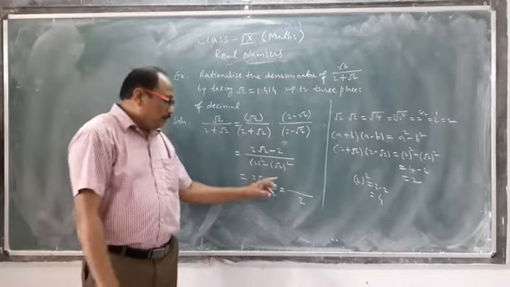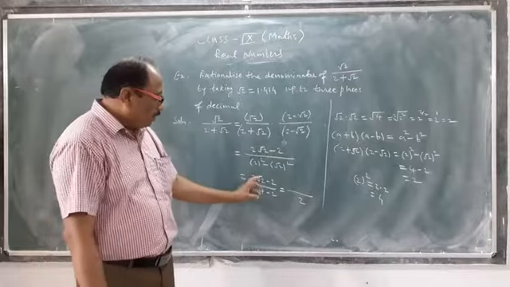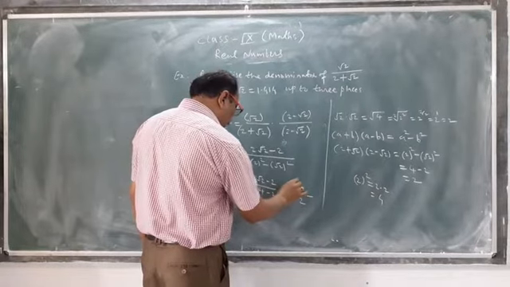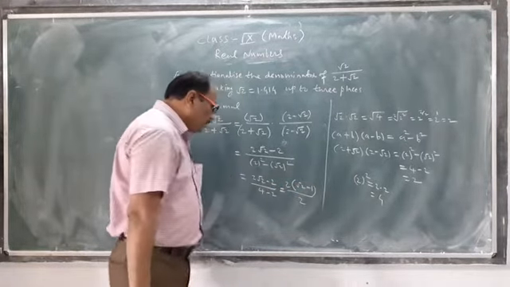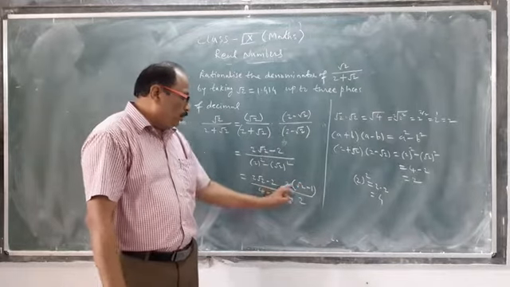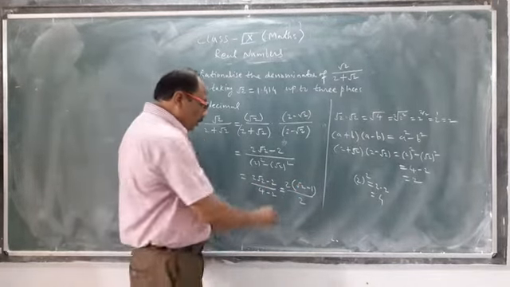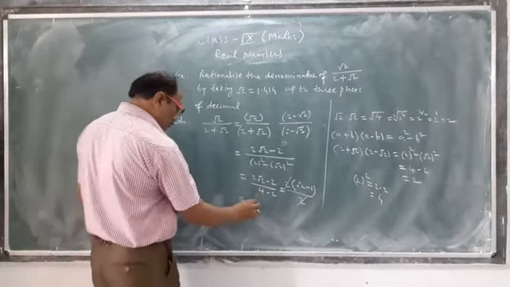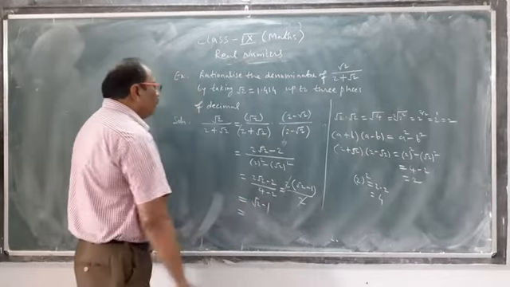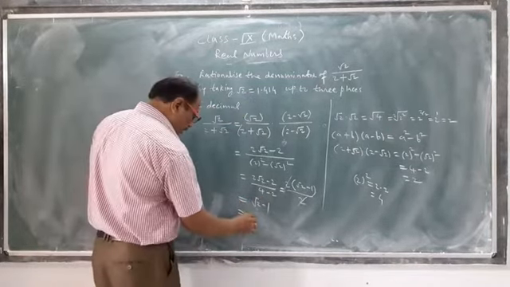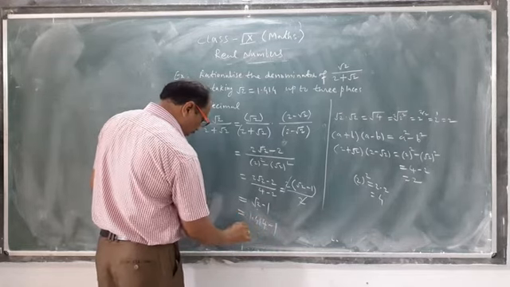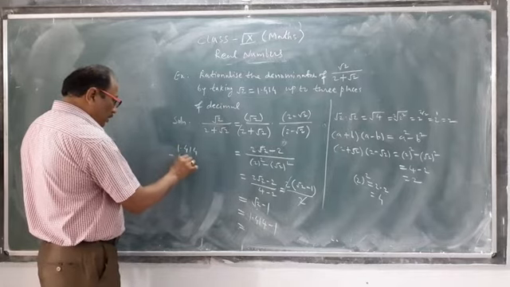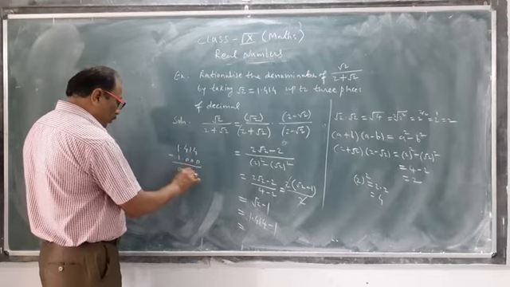Then in the numerator also you observe the terms. Can we take 2 common from both the terms? Yes, we can take 2 common. Therefore, you take 2 common and write root 2 minus 1. Check: 2 into root 2 is 2 root 2, 2 into 1 is 2. Therefore, cancel the 2s. And root 2 is equal to 1.414 minus 1. 1.414 minus 1 means 0.414.